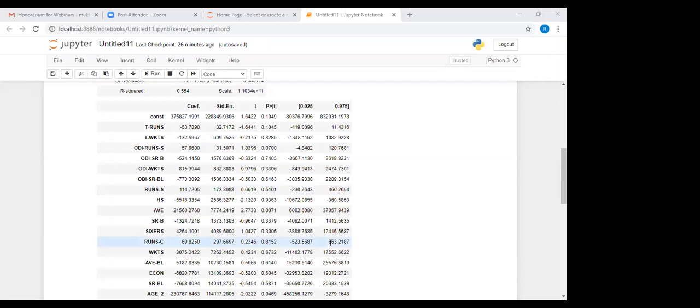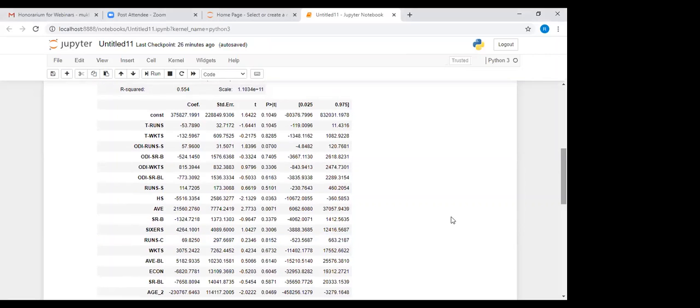Okay. So now see, we have all the variables. We have the corresponding coefficients, which means the beta for each of the variables, and we have the t statistic value, and we have the p value.